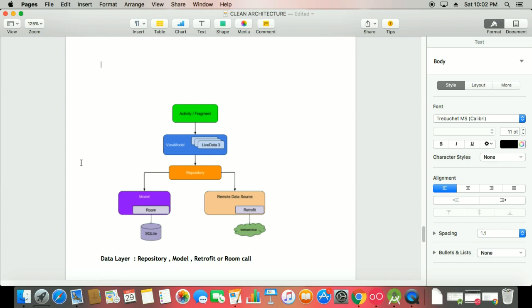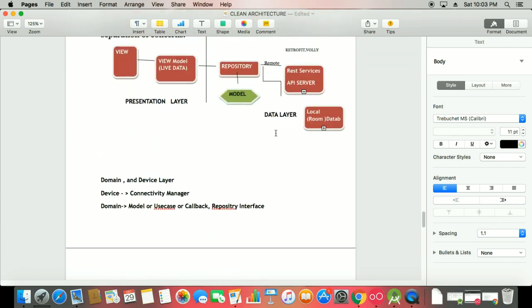So I separate it from this repository. If we go with this area, the activity and the view model, that means the view and the view model, I am putting in a presentation layer. What is presentation? It is the view, what you show to the user and what you take as input from the user. And the rest, where we have the logic, where we have the model, where we have Retrofit calling, where we have local database access, these go in the data layer, because these things are under data.